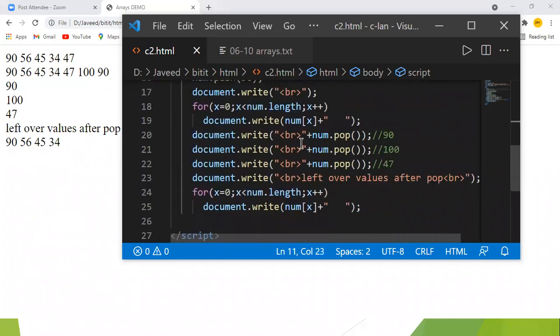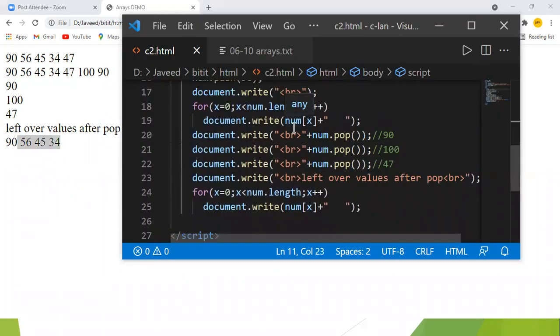Then what are the leftover values when I'm printing? You see that the initial values are 90, 56, 45, 35, and 47. We have popped off three values, so the leftover values are only 4. Like that, you can make use of the pop and push functions.